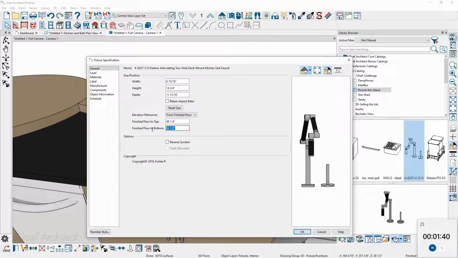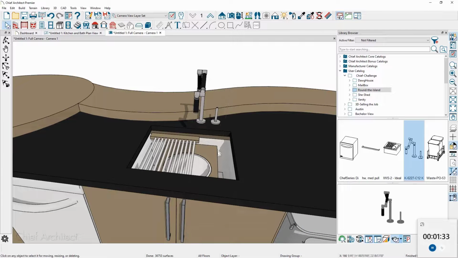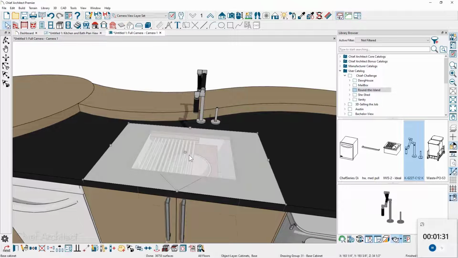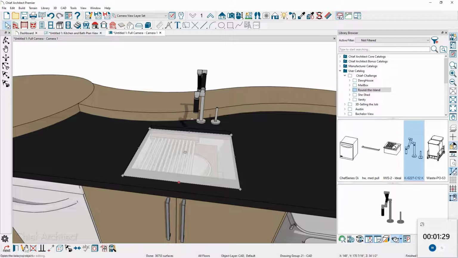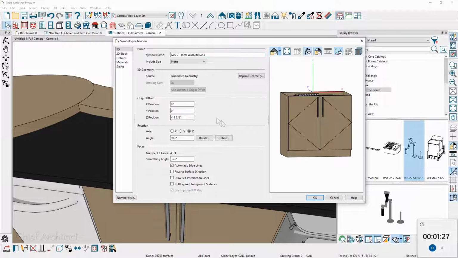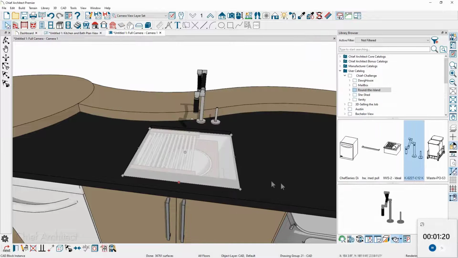The floor to bottom came in at 34.5 inches, the cabinet height. Let's set that to 36 inches. And then you see a little bit of the cabinet underneath the sink. Let's go ahead and grab that sink. I'm going to use the open symbol, and that's probably plus 1.5 inches to adjust the sink, and that looks